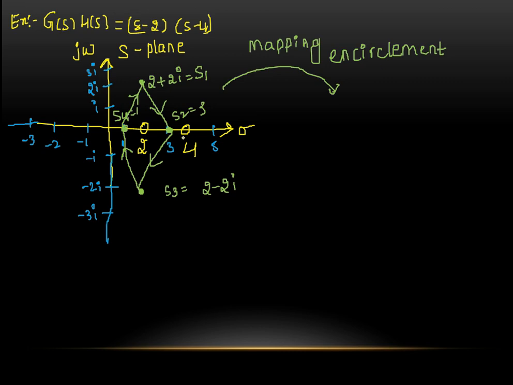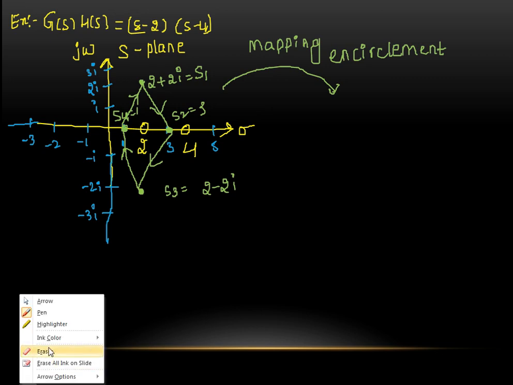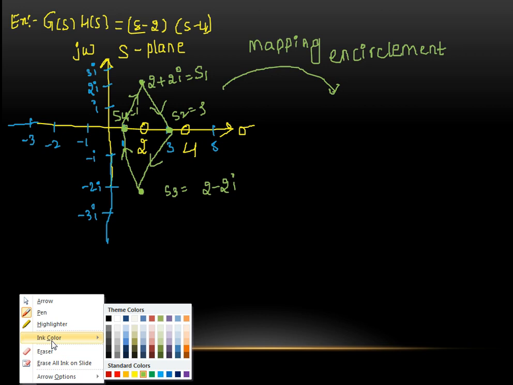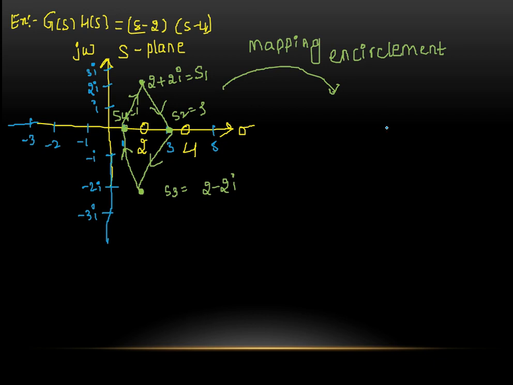Randomly I am choosing some transfer function and I am taking some points on that S plane, and I am enclosing only 1 0, that 0 is 2. I want to map this function into some other plane, and I have to identify how many encirclements are made by this function, and depending on that number of encirclements I am going to identify whether the system is stable or not.